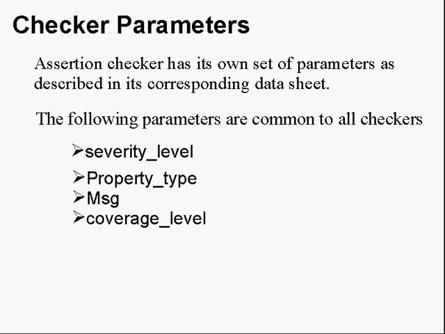Now we are going to see about checker parameters. Each assertion checker has its own set of parameters as described in its corresponding datasheet. The following parameters are common to all checkers. What are all those things? Property type, severity level, message, coverage level. We know all these things, right? Assertion checkers are going to have four common parameters. What are all those things? Parameter